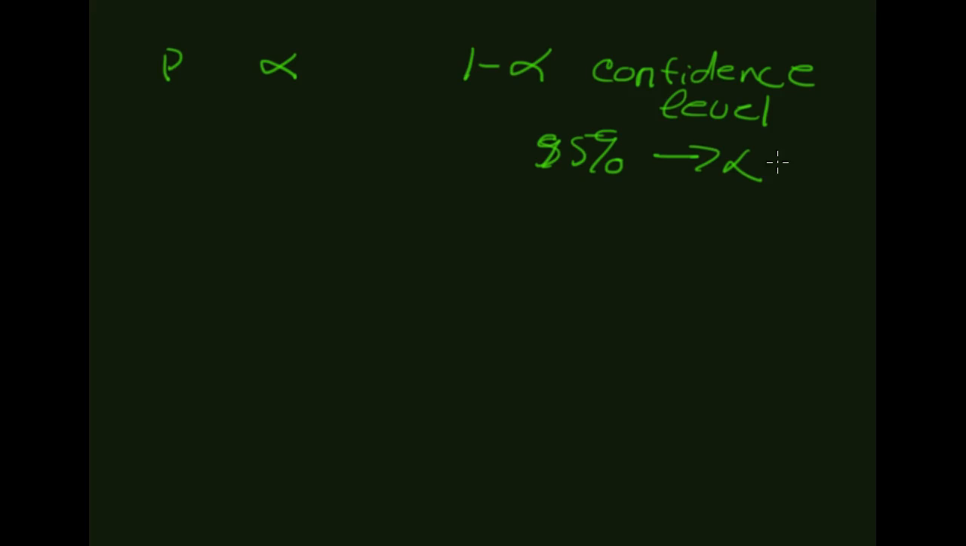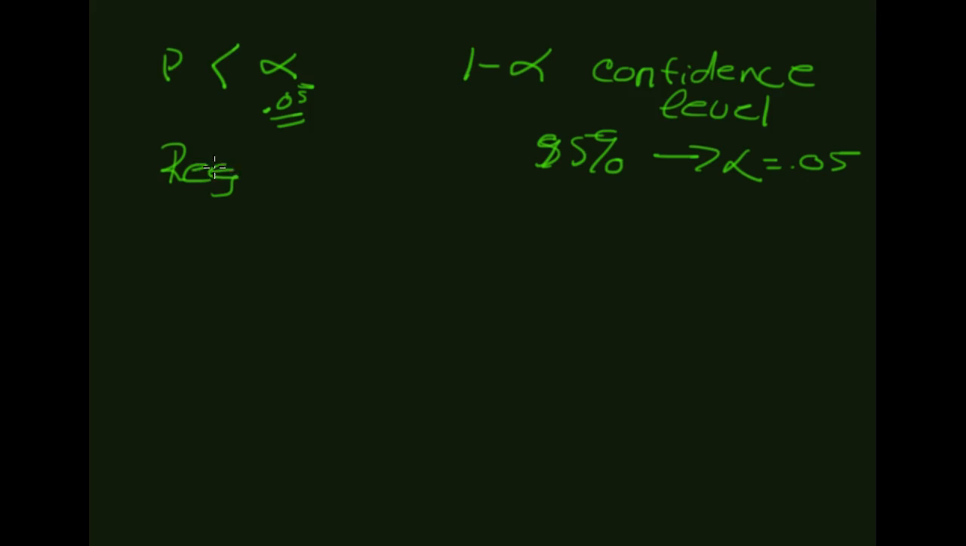Recall that if I take 1 minus alpha, I get the confidence level. We've been taking a 95% confidence level for most things, which means we're going to use alpha as 0.05. And what we want is the probability that, if the probability of the null being true is less than 0.05, or alpha,